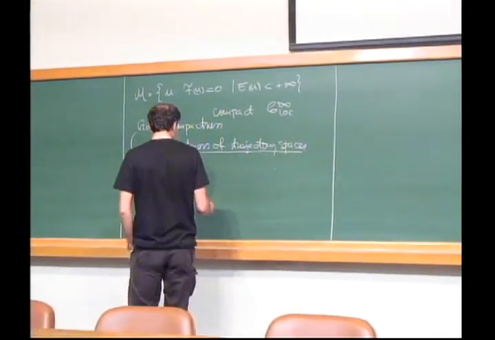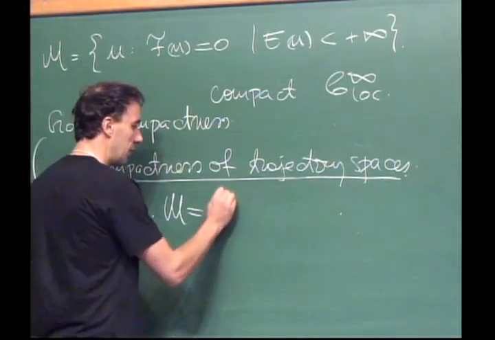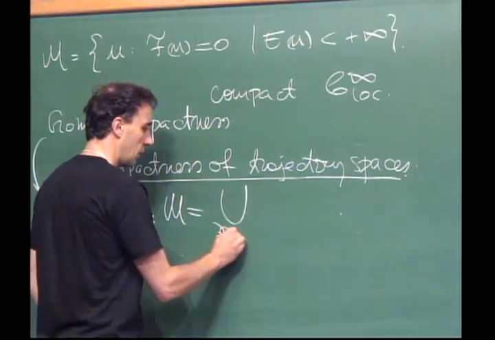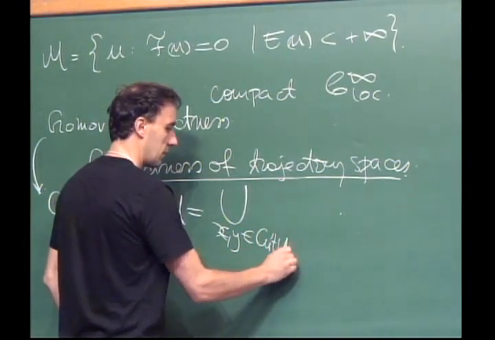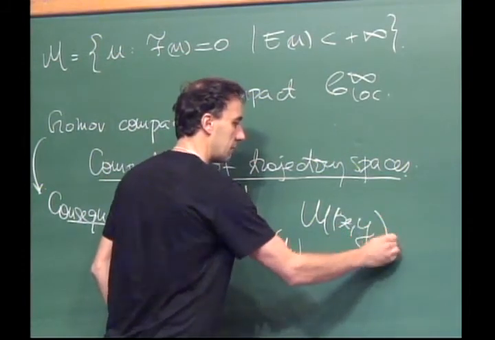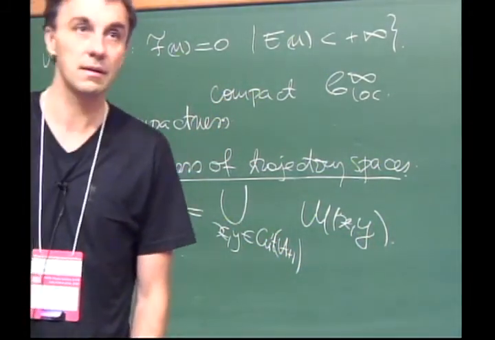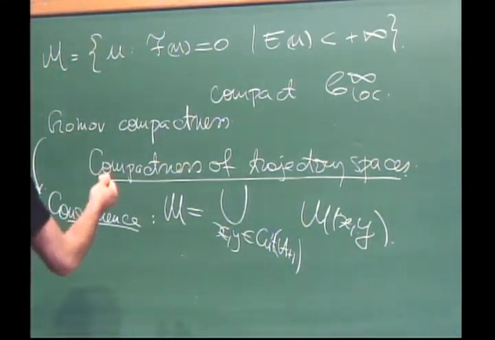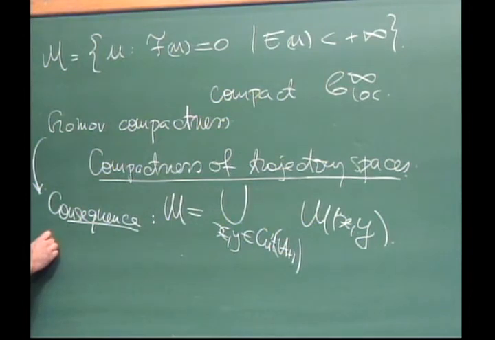So the consequence would be then that M is the union, for x and y critical points, of these spaces M_{x,y} I spoke about yesterday. Which means that every trajectory joins two critical points. Now let me prove this. So to prove this,